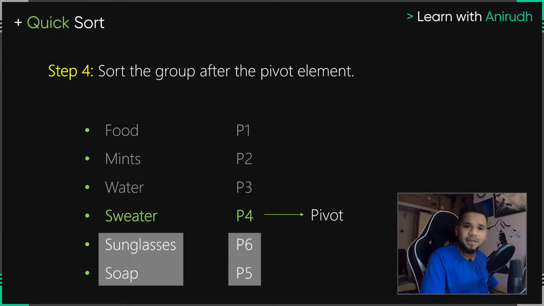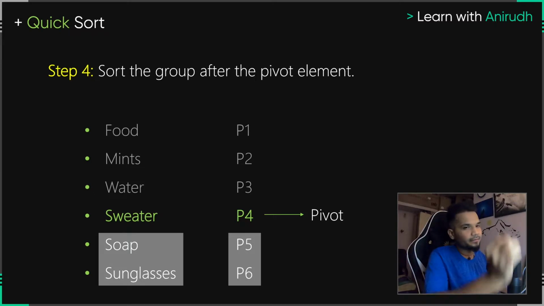It says P6 and P5. Of course, we know that P6 and P5 is not in the correct order. We have to make a very simple swap there, which makes it P5 and P6. And right now, just take a look at it from the top till the bottom. After we have sorted the group based on our pivot element, our entire array right now